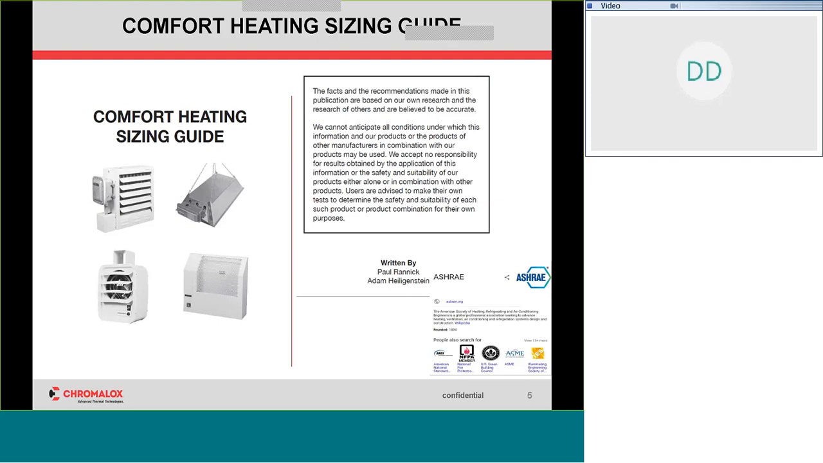This is actually the second page of that sizing guide, and I really liked it. It stuck out to me. Again, Paul Rannick, Adam Holigenstein wrote this whole thing. But it goes through, we cannot anticipate all conditions under which this information in our products and manufacturer combined with the products. It's basically a statement stating that, you know, we're not responsible for your application. Now, on the surface, it seems a little kind of like a get out, you know, we're not responsible statement,